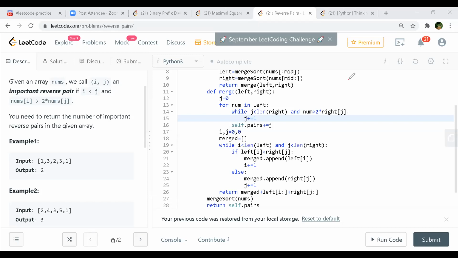But instead, for every right element, do a binary search, like 2 into the right element, binary search in the left array for the ceil or something. That was the approach we were discussing in the beginning. If binary search, then it will still be n log n.